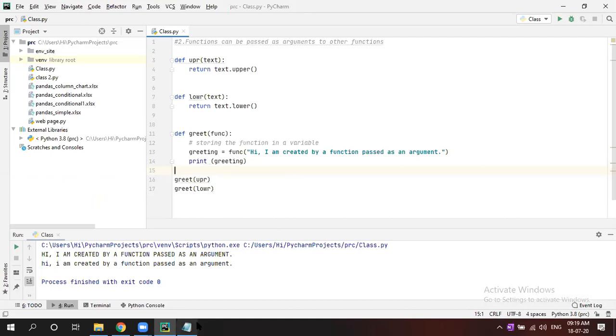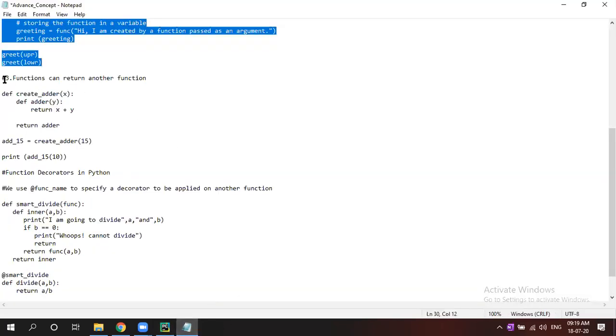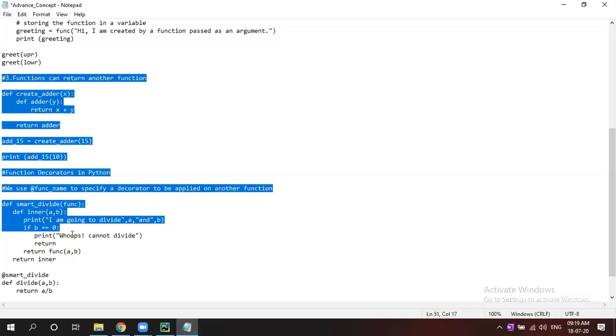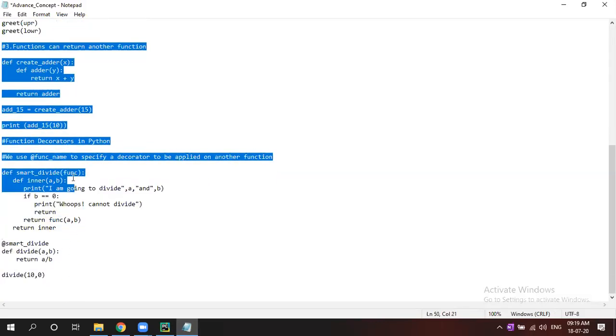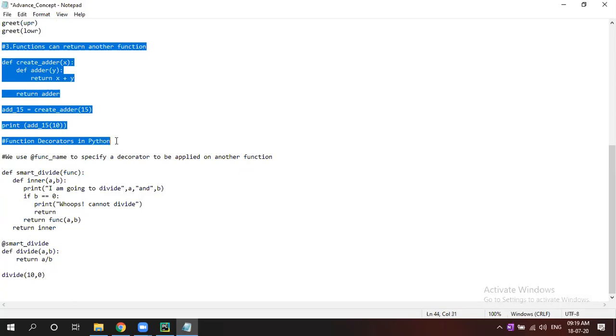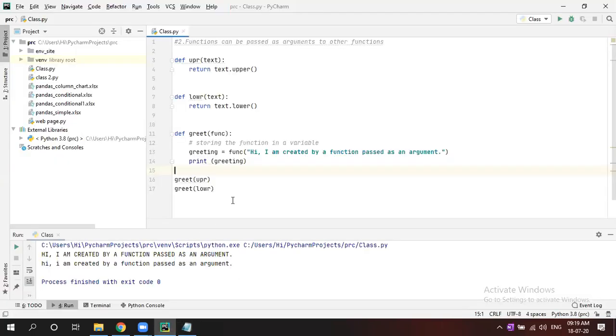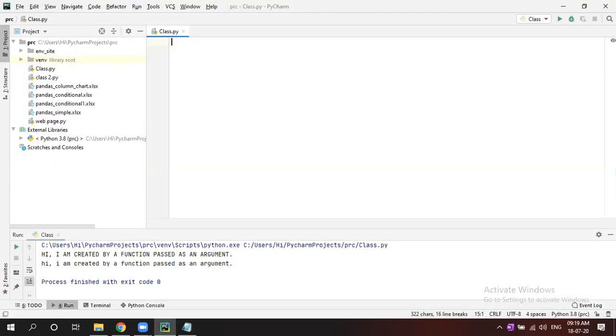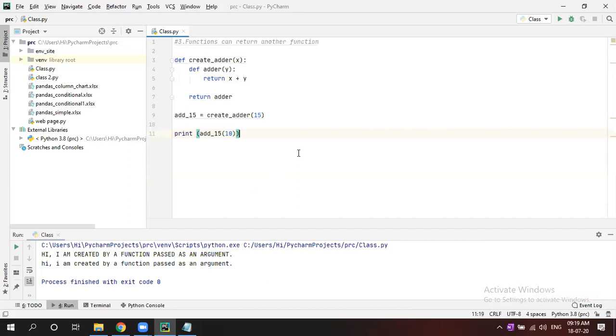Okay. Now go to the next one, above one, till here. So the third one is a function can return another function.